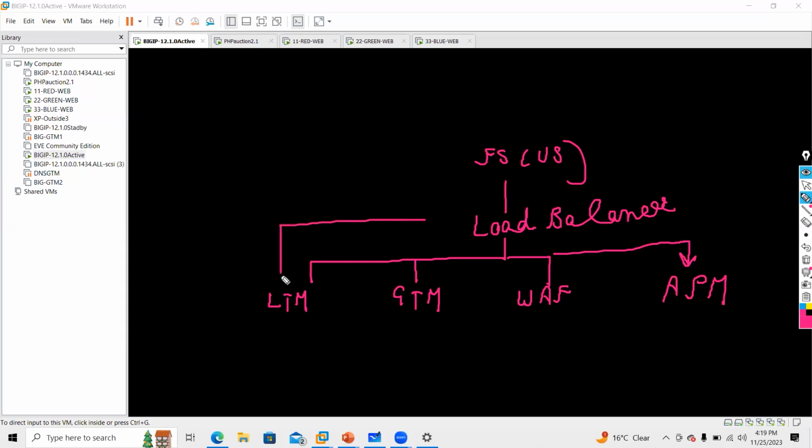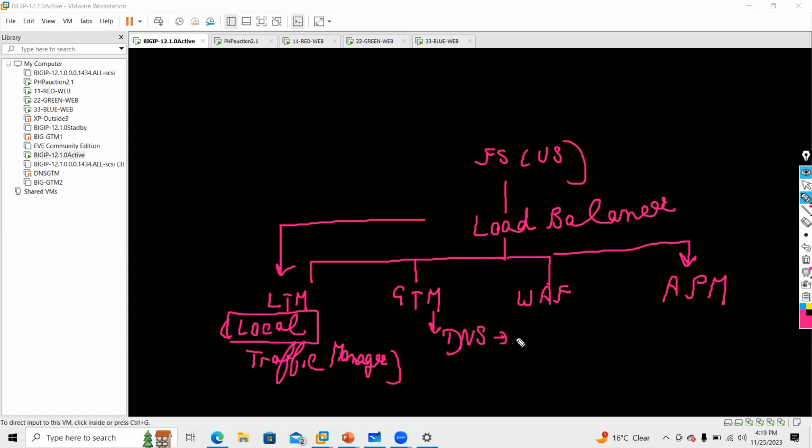When I talk about load balancer, guys, this product provides load balancer features that is called Local Traffic Manager. Once I tell you the full form, there is a logic why it is called Local Traffic Manager, and I will be showing you the deployment strategy and scenario. GTM is totally an intelligent DNS solution. That is called Global Traffic Manager. That deals with your intelligent DNS resolution.